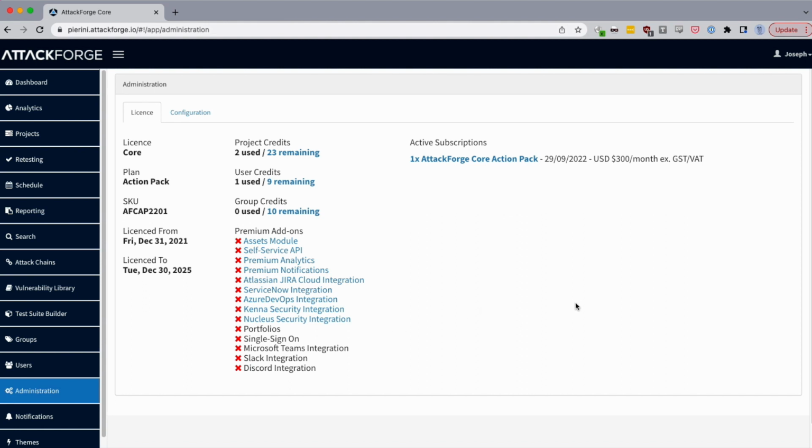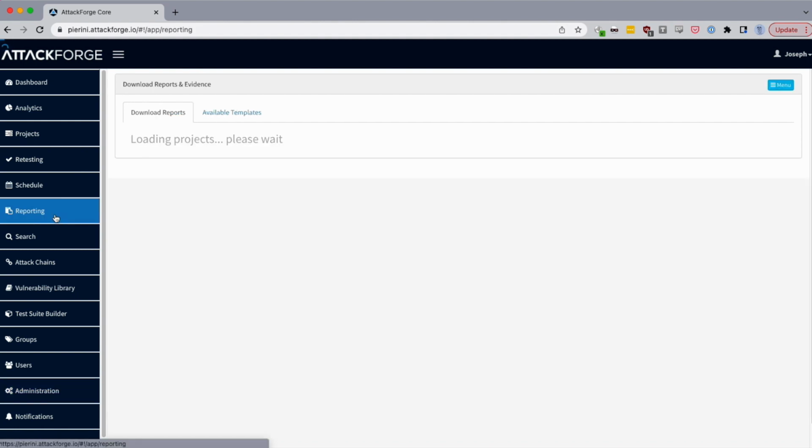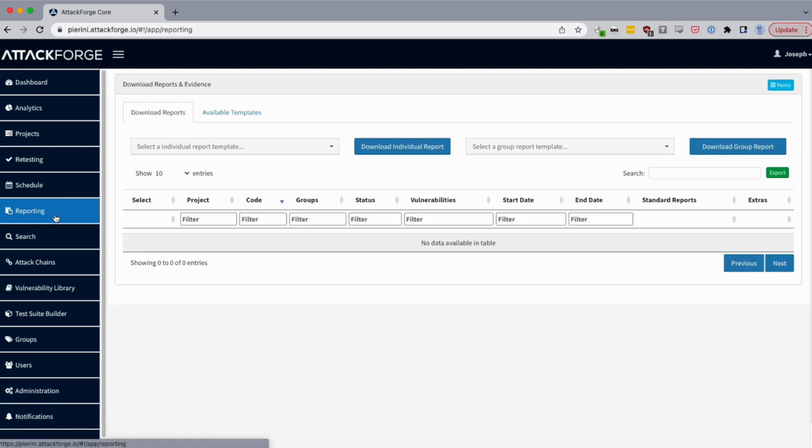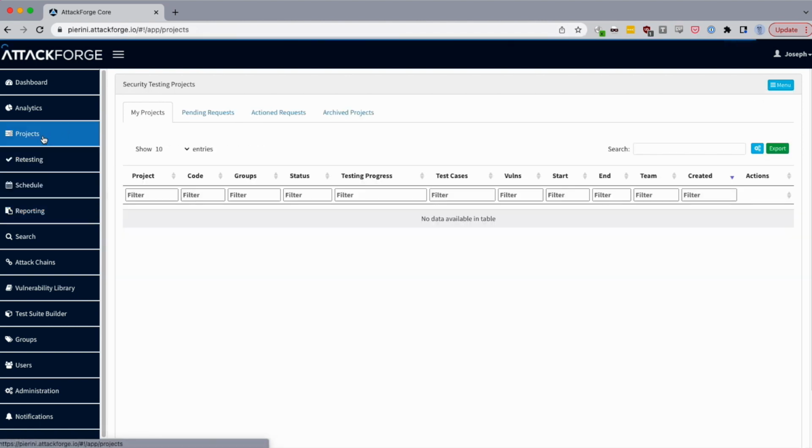All right, so let's go build a report. Right? Can I go straight into reports? Let me go to menu, customize reports, upload a new template. That's useful. Download the offline reporting tool. Nah, I don't know what that means. I'll have to talk to them. Okay, so it doesn't look like I can go straight into reporting. I probably have to build a project first.